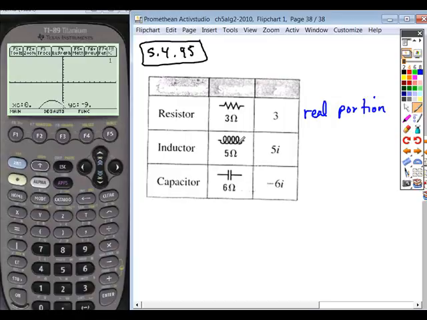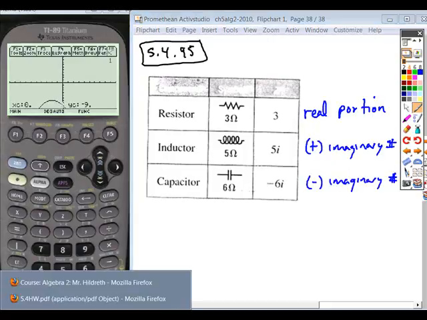If you see this coiled line, it represents a positive imaginary number. So you're going to add an imaginary number when you see that, and then when you see this break, you're going to subtract or use a negative imaginary number. So when you look at these problems,